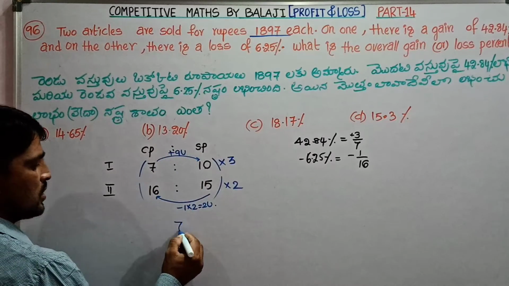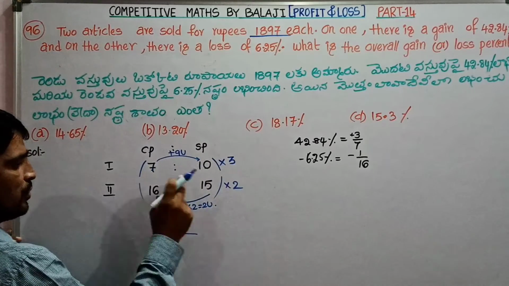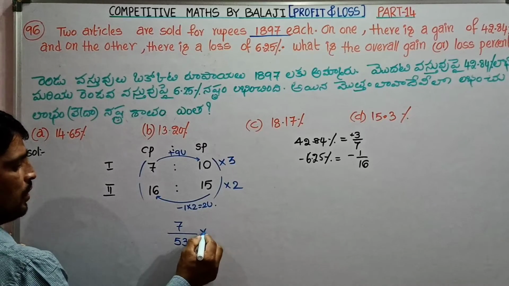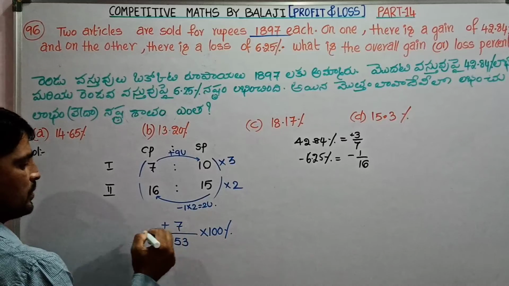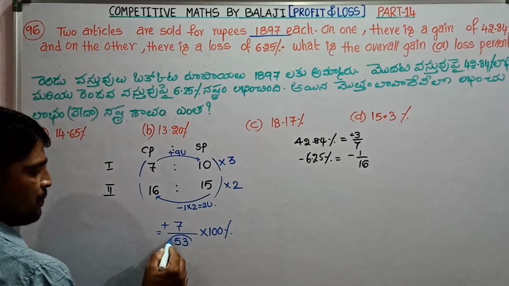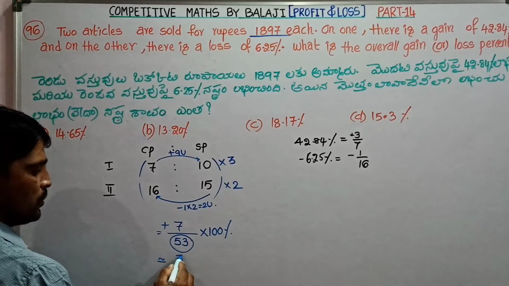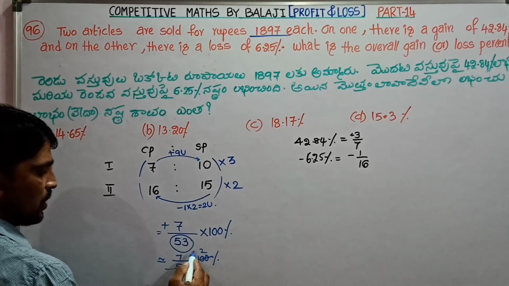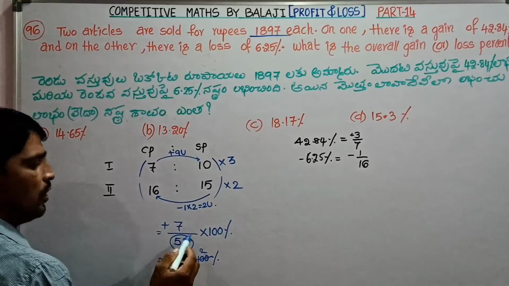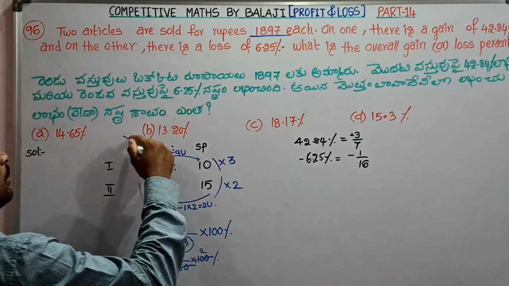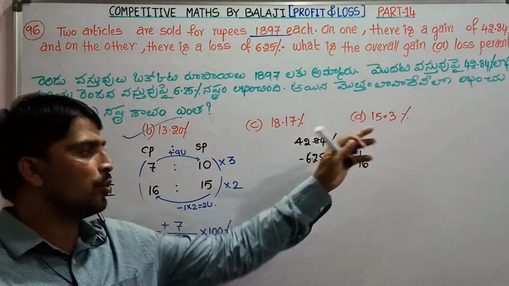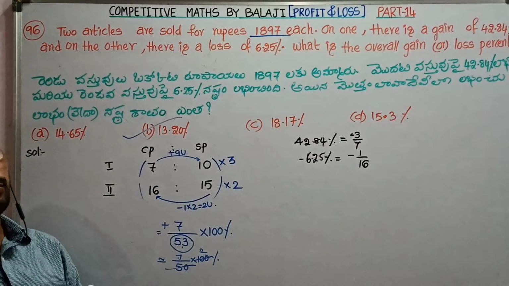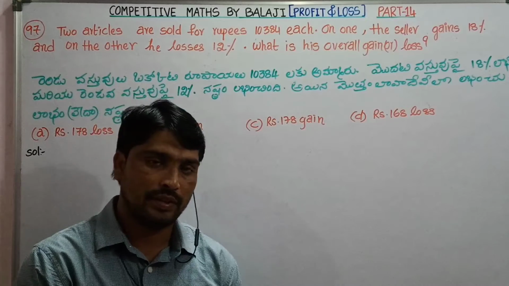Overall is profit, that is 7 units profit over 7 3s are 21, 2 16s are 32, 21 plus 32 is 53 units, into 100%. Overall is profit, which is approximately equal to 50. 51s are 52s, so answer must be 14%, but it is 53, so answer is a little bit less than 14, that is 13.20. Since remaining answers are all above 14, so answer must be less than 14%, that is 13.20% profit. Next question, 97th one.